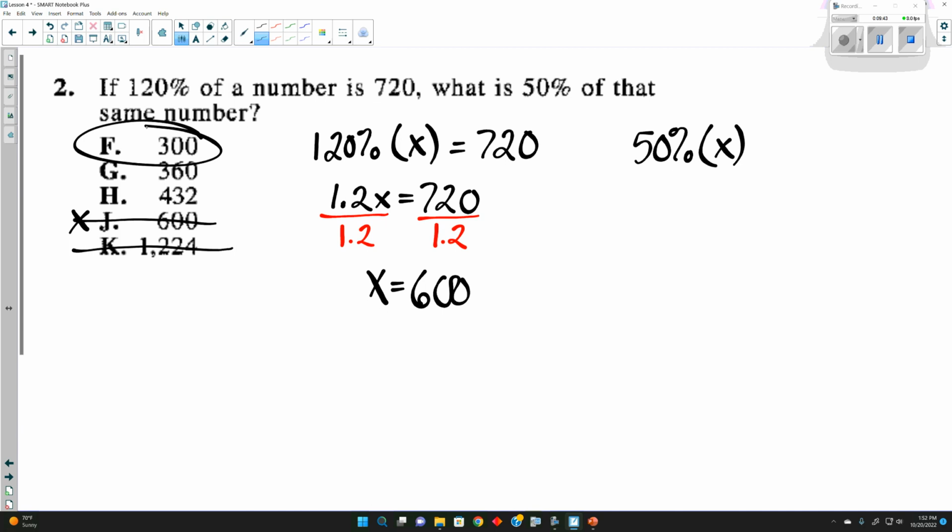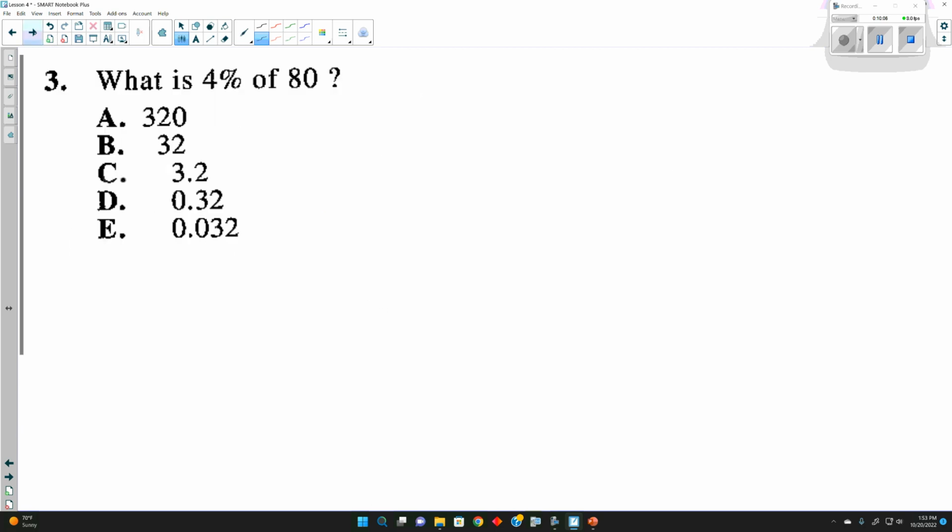And that's it. Now again, we could have tried these numbers out because 1.2% of a number is going to be 720. You could have grabbed one of those numbers, plugged it in, 1.2 times 432. If it gives us 720, then it is the answer. If it doesn't, we try a different one. But it will have to work for both. Okay,